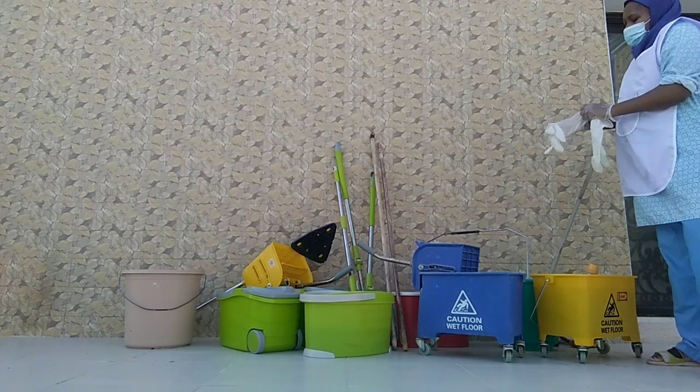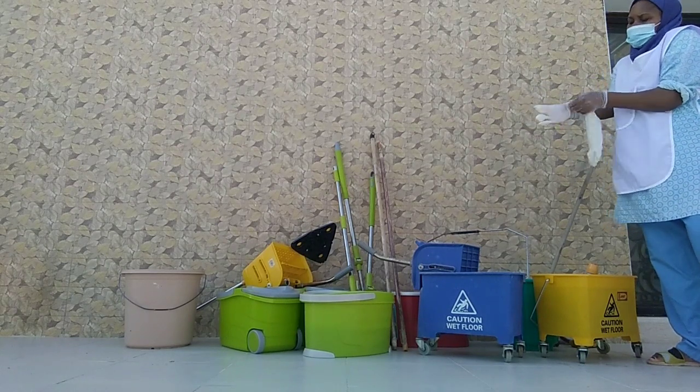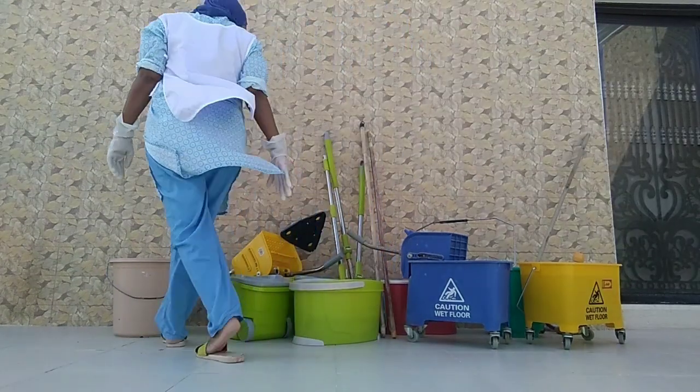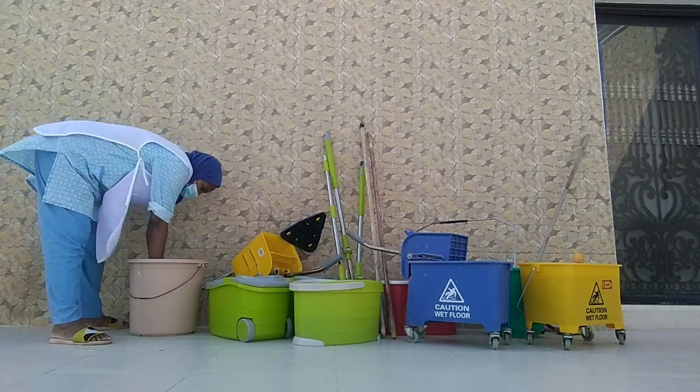And I decided just to get it, and I wash them. So using my hands is everything to me. I prefer using my hands when I'm washing. Sometimes